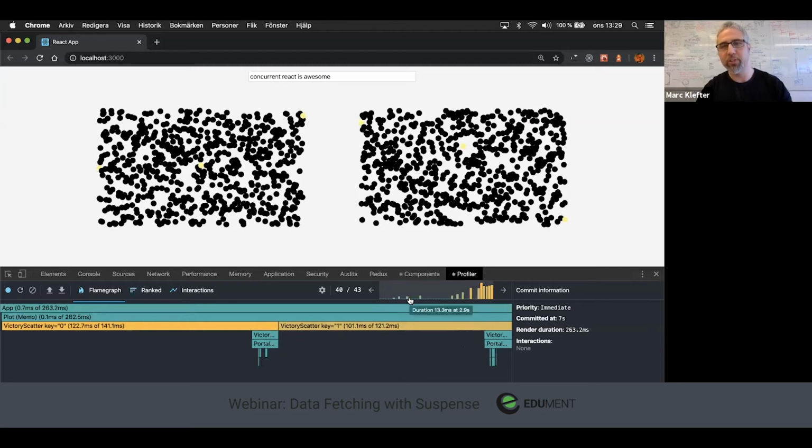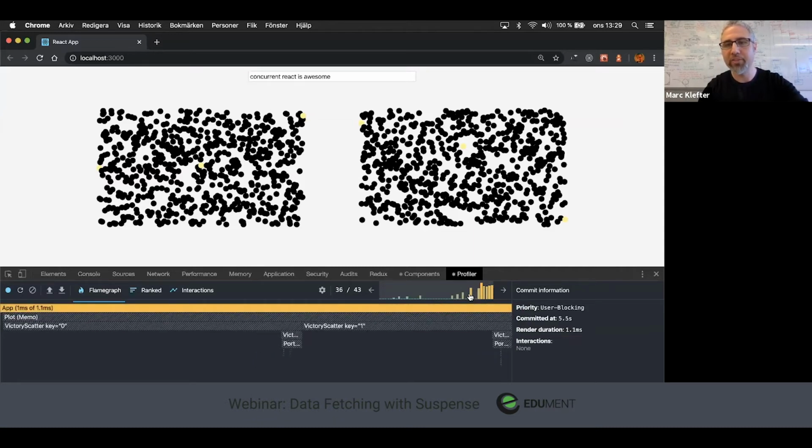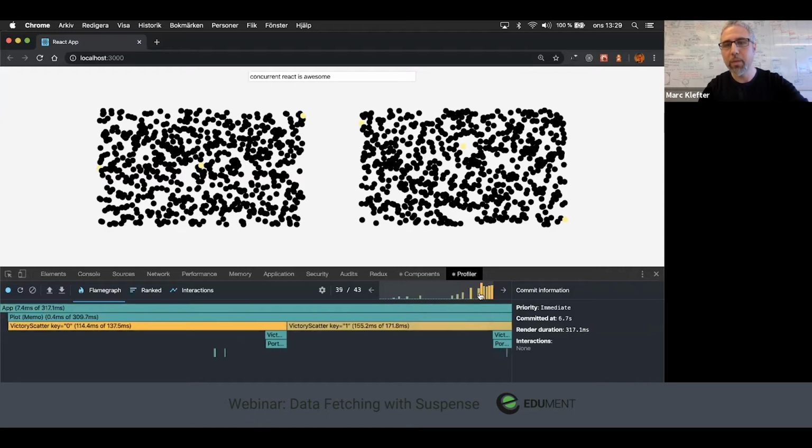each state update. So as I type text, you see that I only seem to be updating my input box. But at some point in time, I start to update my graphs. And these graphs, they have a lower priority than the task of updating my inputs. So here, for example, we have a bar that is green. It has a priority of normal,